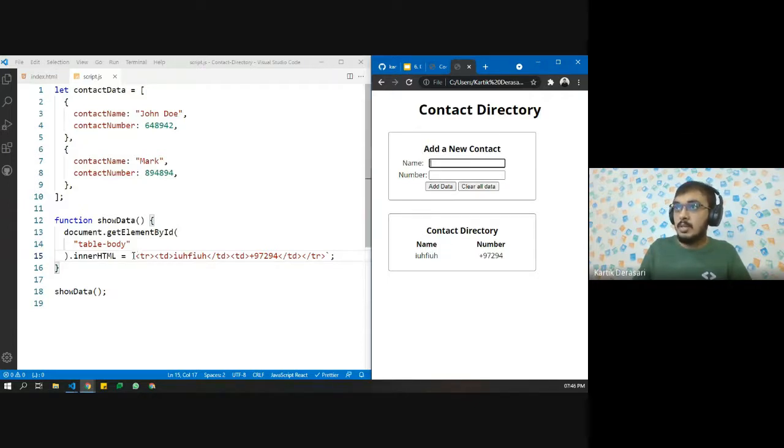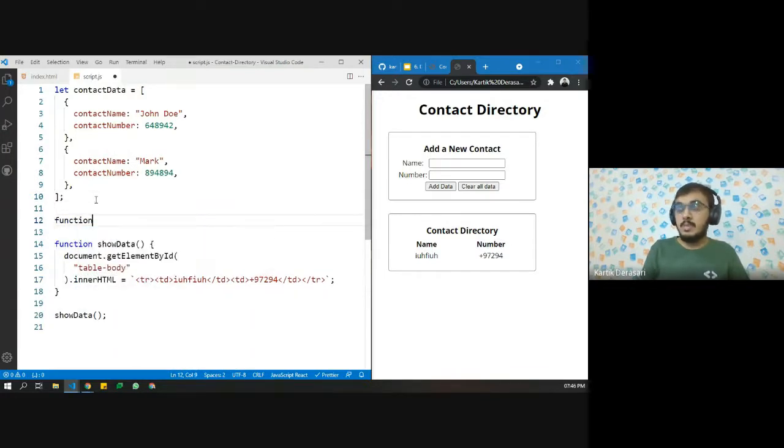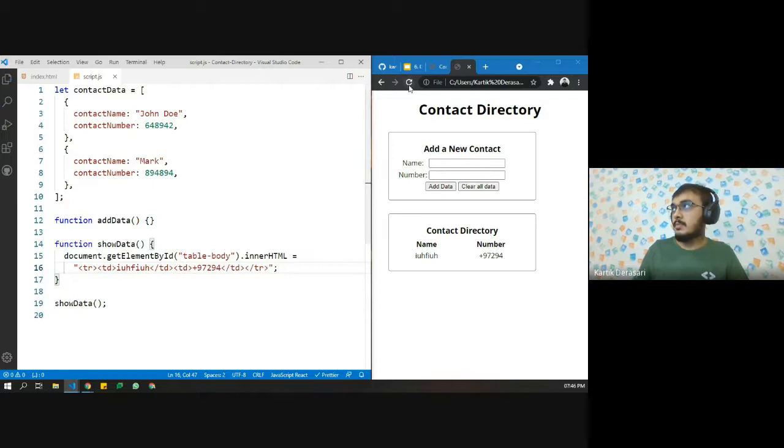I'll talk about this symbol later when we actually get the values. Let me come first of all to the most important part. Let's say we have created an addData function. Just to simply show you, we can also do this. Okay, this will also work.